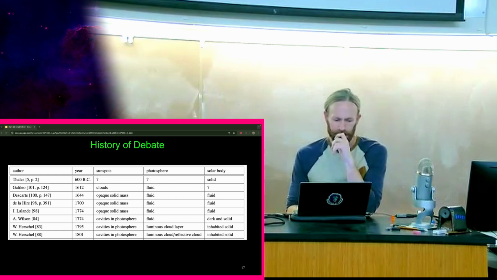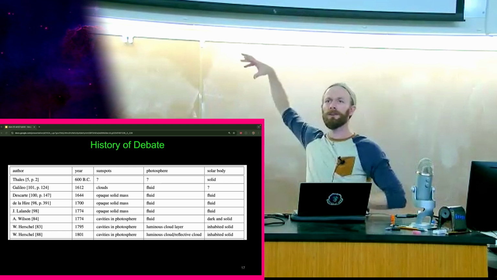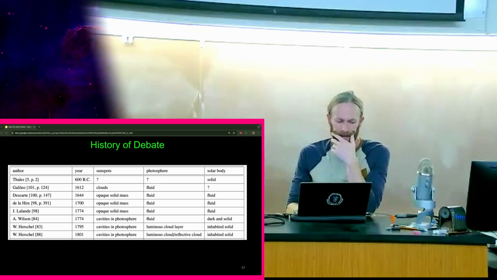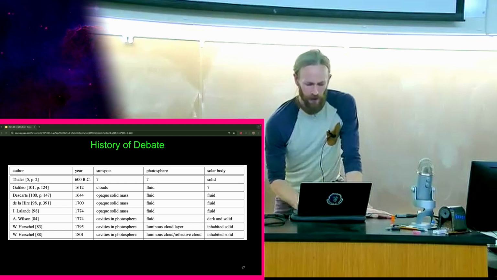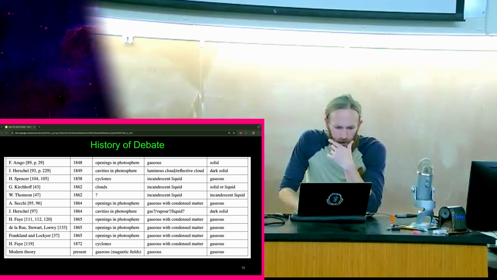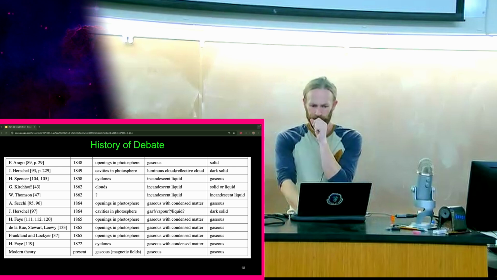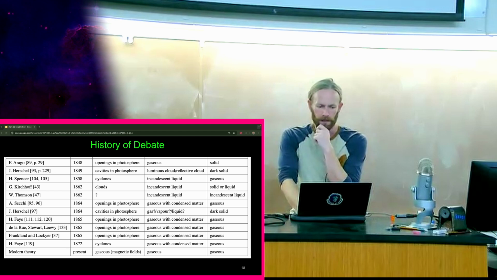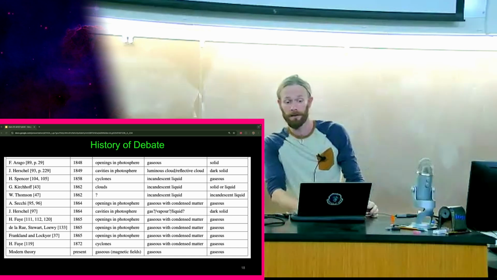This idea persisted. People started thinking about there being this kind of opaque mass down below the surface, with the photosphere being a luminous sea of some sort of liquid. And this persisted for quite a bit into the 1800s, okay? In the 1800s, the preeminent astronomer of the day was a gentleman named Francois Arago. And Arago was completely convinced that the sunspots must be something like,